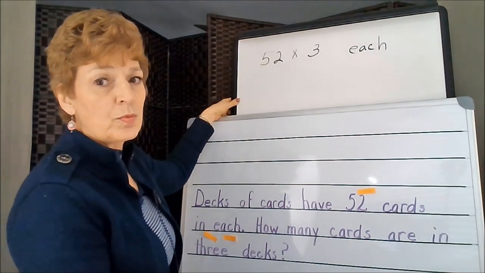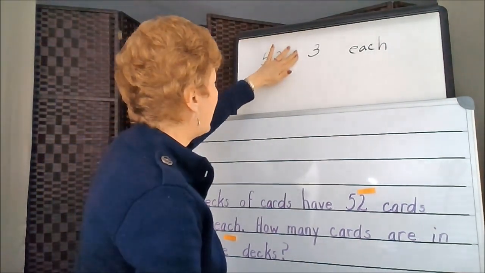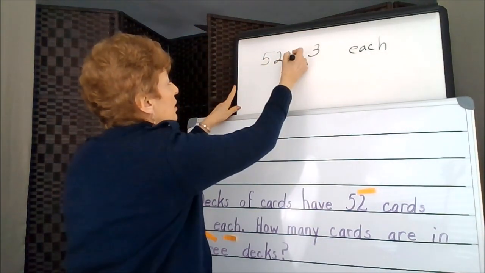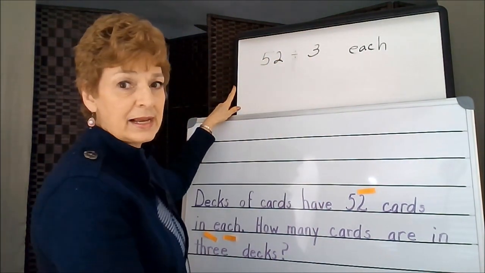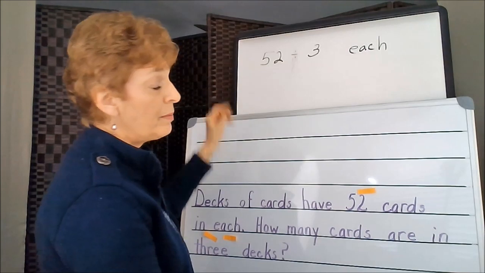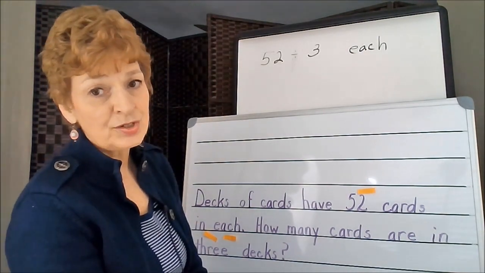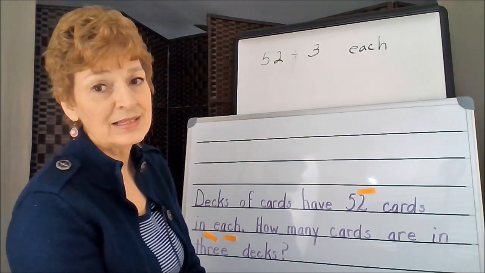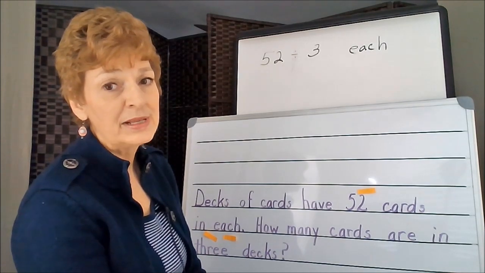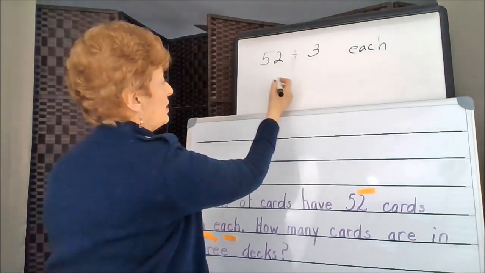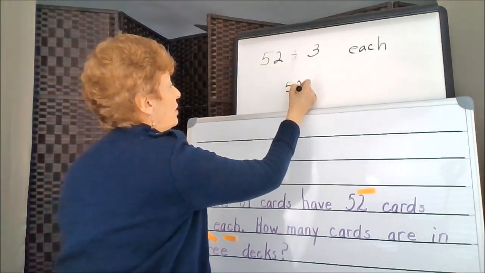What if we did the wrong thing though? What if we actually did a division problem by mistake? Well, remember that the answers to the story problem have to make sense. They have to make common sense. So if we were to divide 52 by 3,